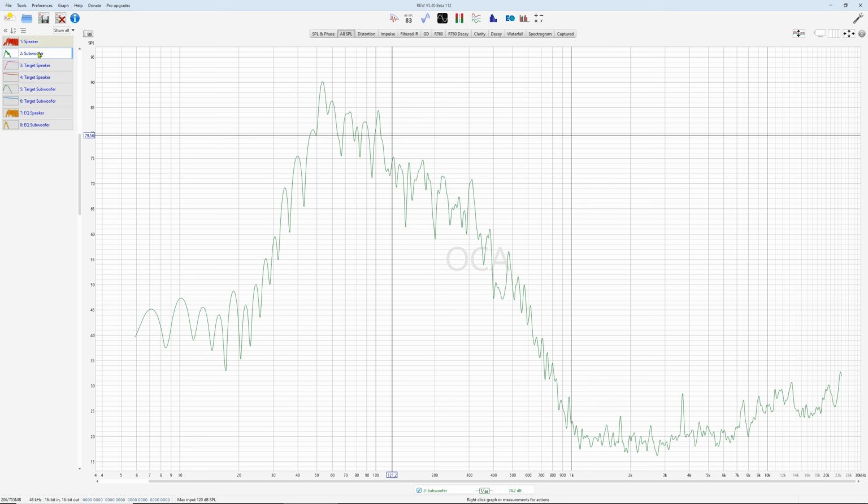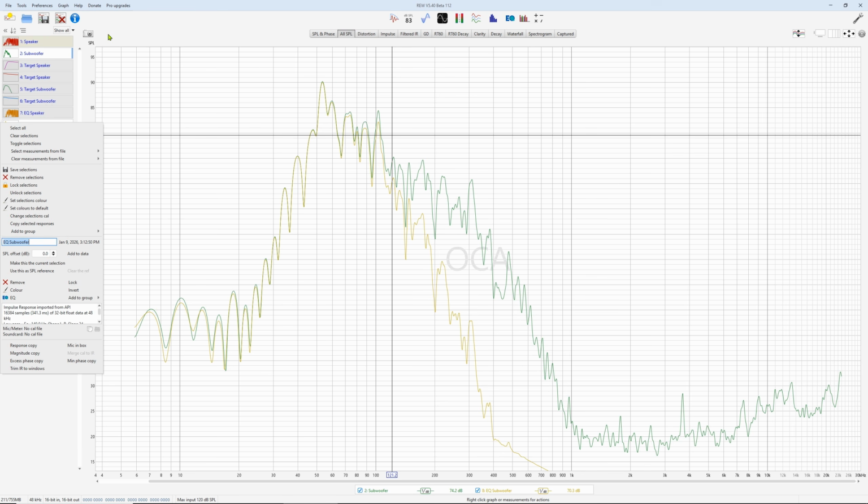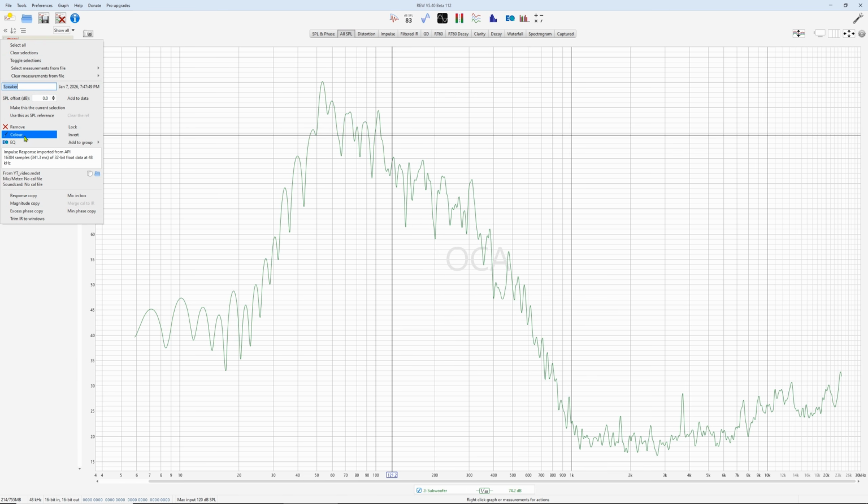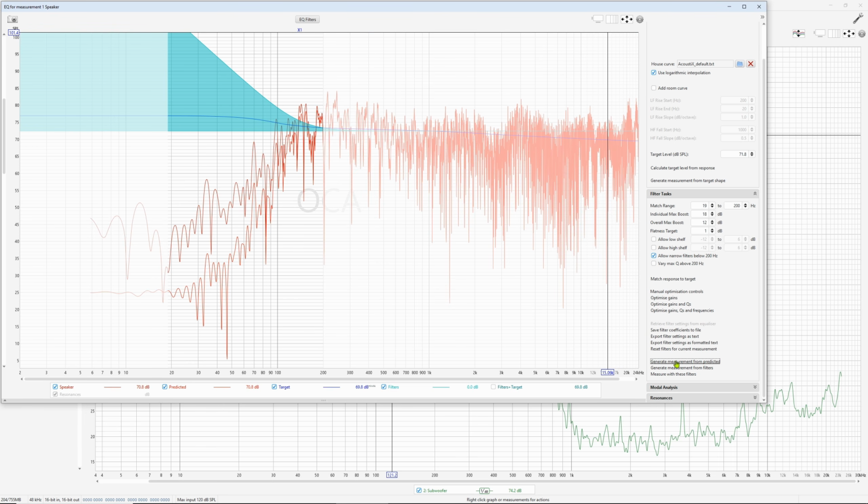As you see, this was the original subwoofer response, and this is with the LR24 low-pass filter applied to the subwoofer. Now, why do we apply these weird slopes? In the speaker EQ, instead of generate measurement from predicted, if you select generate measurement from filters,